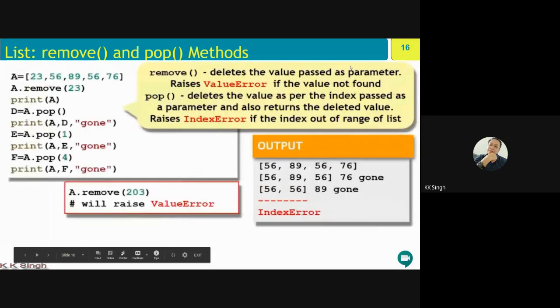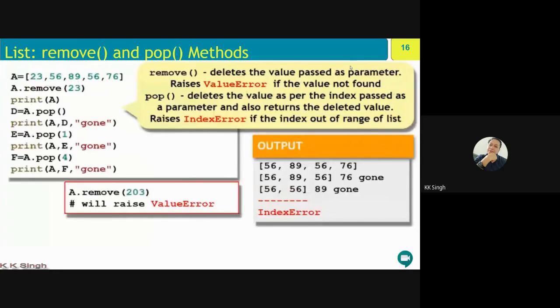So over here, you're observing there are two functions. One is remove and other is pop. Though both functions are used for the same purpose. Remove and pop दोनों ही एक purpose के लिए use होते हैं, but there is a little difference. What is the difference?